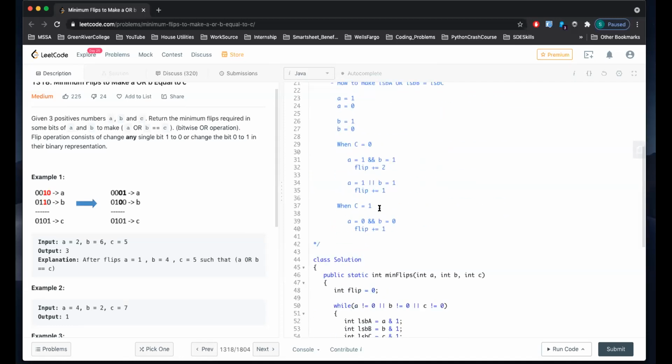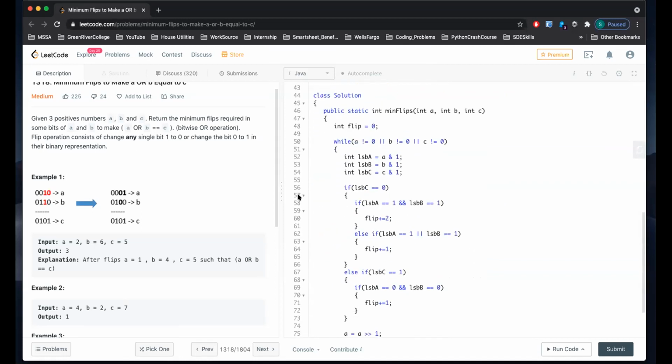Now, in my solution I first initialized my flip to 0. Then in my while loop, I'm bringing my integers A, B, and C down to 0. At each loop, I'm also checking the least significant bit of every integer.